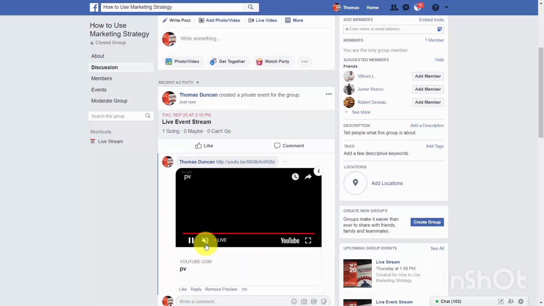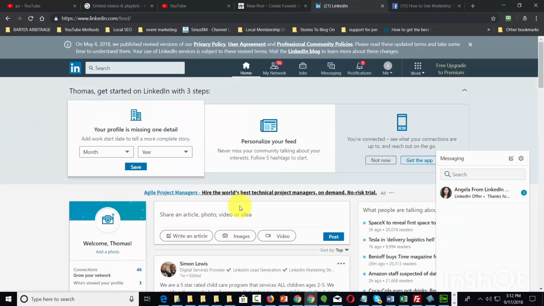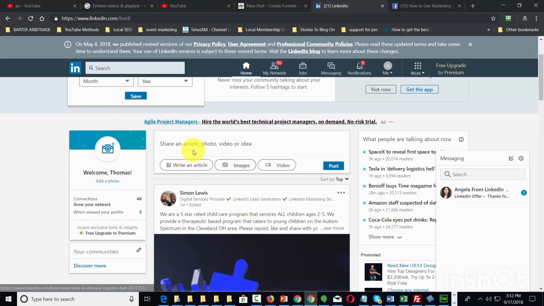Now, it won't be enabled for sound by default. They'll need to enable the sound, so you may want to give them instruction to do that. They will also be able to embed the stream on LinkedIn in the very same way, but this will be